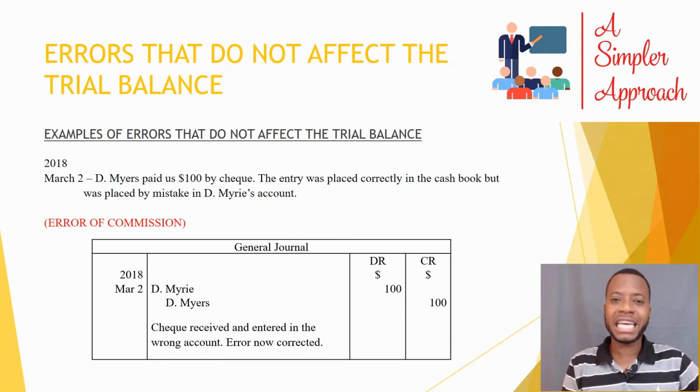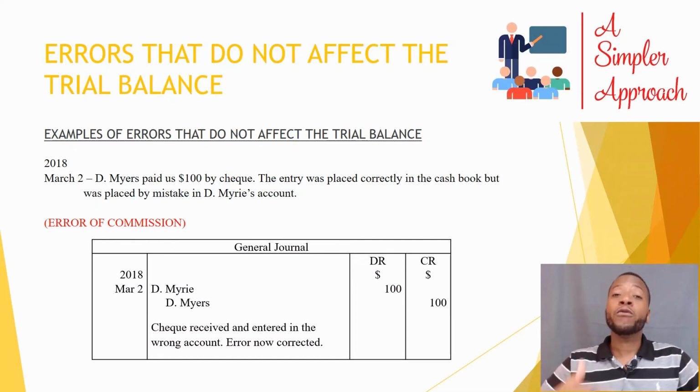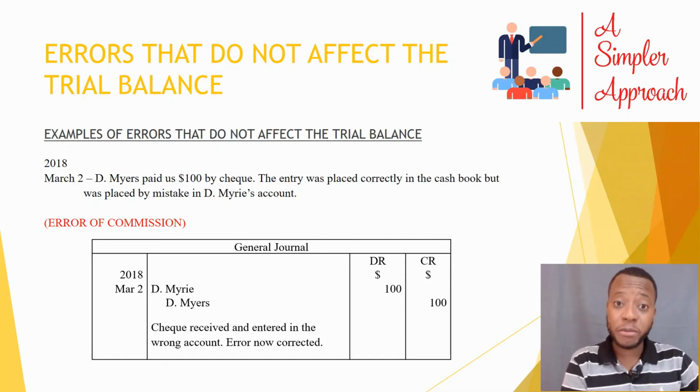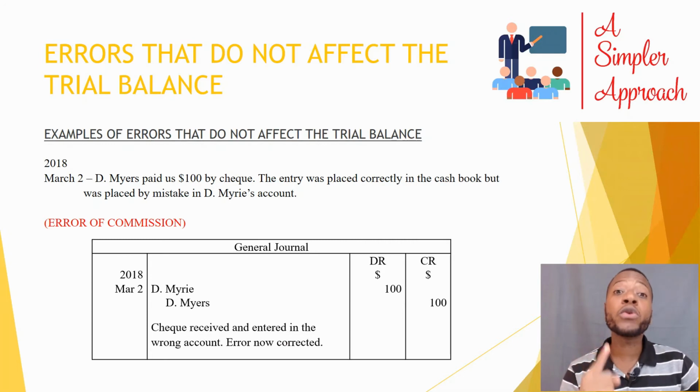Okay? Let me say that again. If you debited an account and you wish to take it out, you do the opposite, credit. Vice versa applies. If you credit an account and you wish to take it out, you debit it, you perform the opposite. That's what you see here. So the item was placed in the Myrie's account by mistake. How do we take it out? We debit the Myrie's account. Take it out. And then what? Place it where it was supposed to go in the first place, which is in the Myers